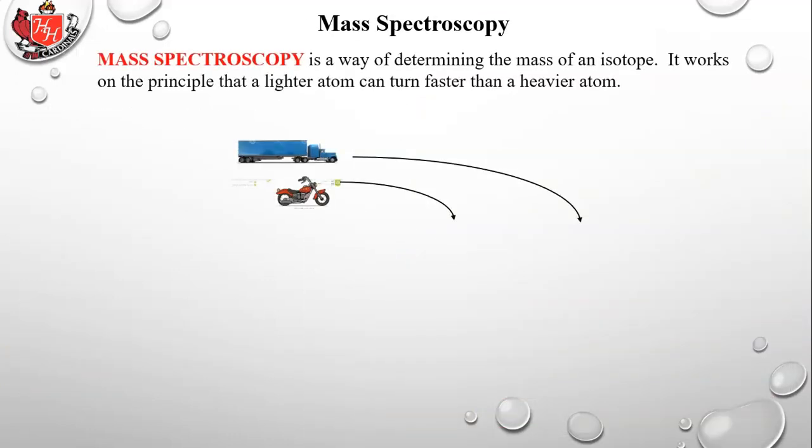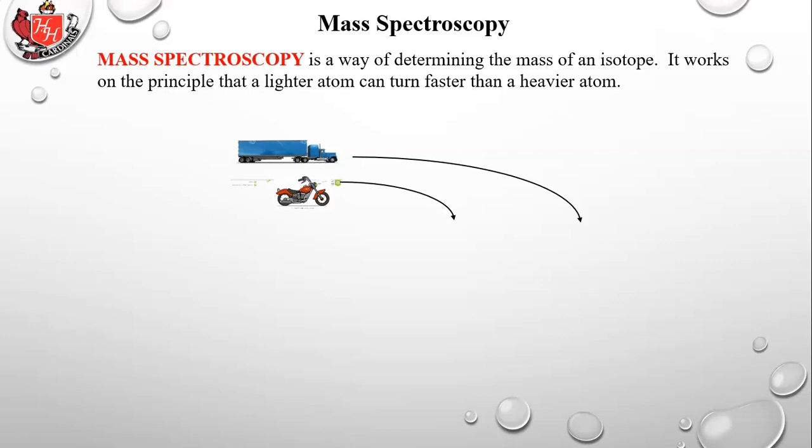Okay, now we're going to investigate a couple of experimental techniques. We're not able to do these in the classroom, but we can just talk about them. The first one is mass spectroscopy. So mass spectroscopy is a way of determining the mass of an isotope. This is how they tell the weights or masses of the different isotopes of an atom, or possibly even